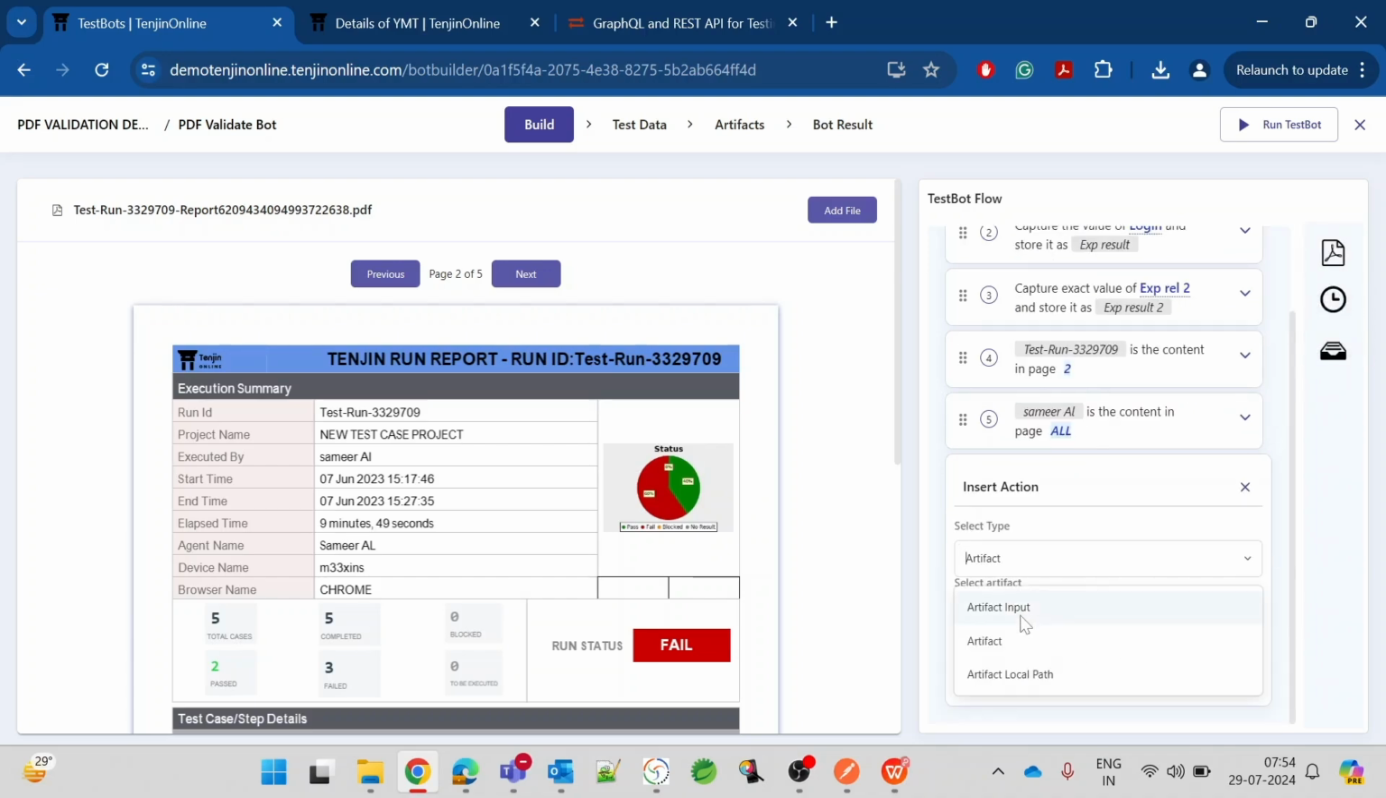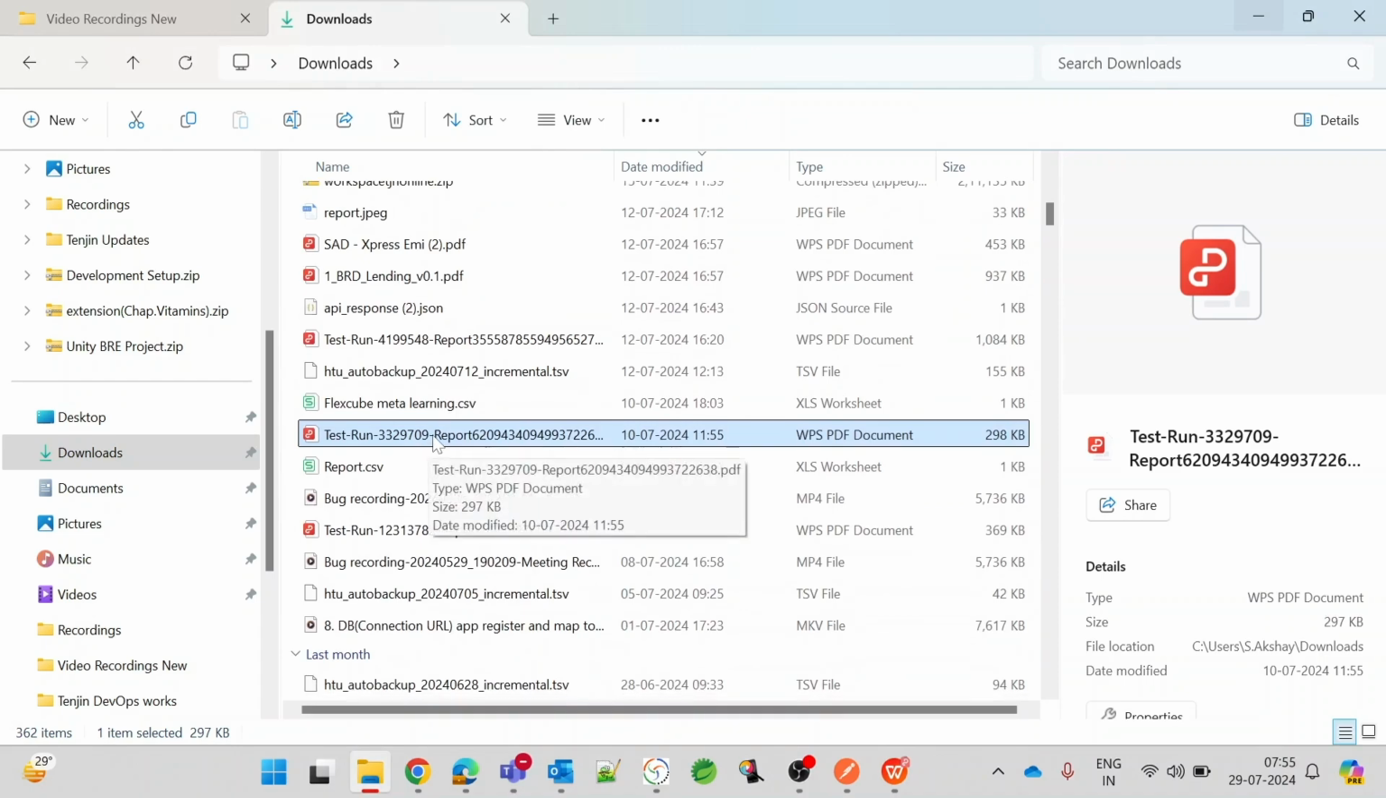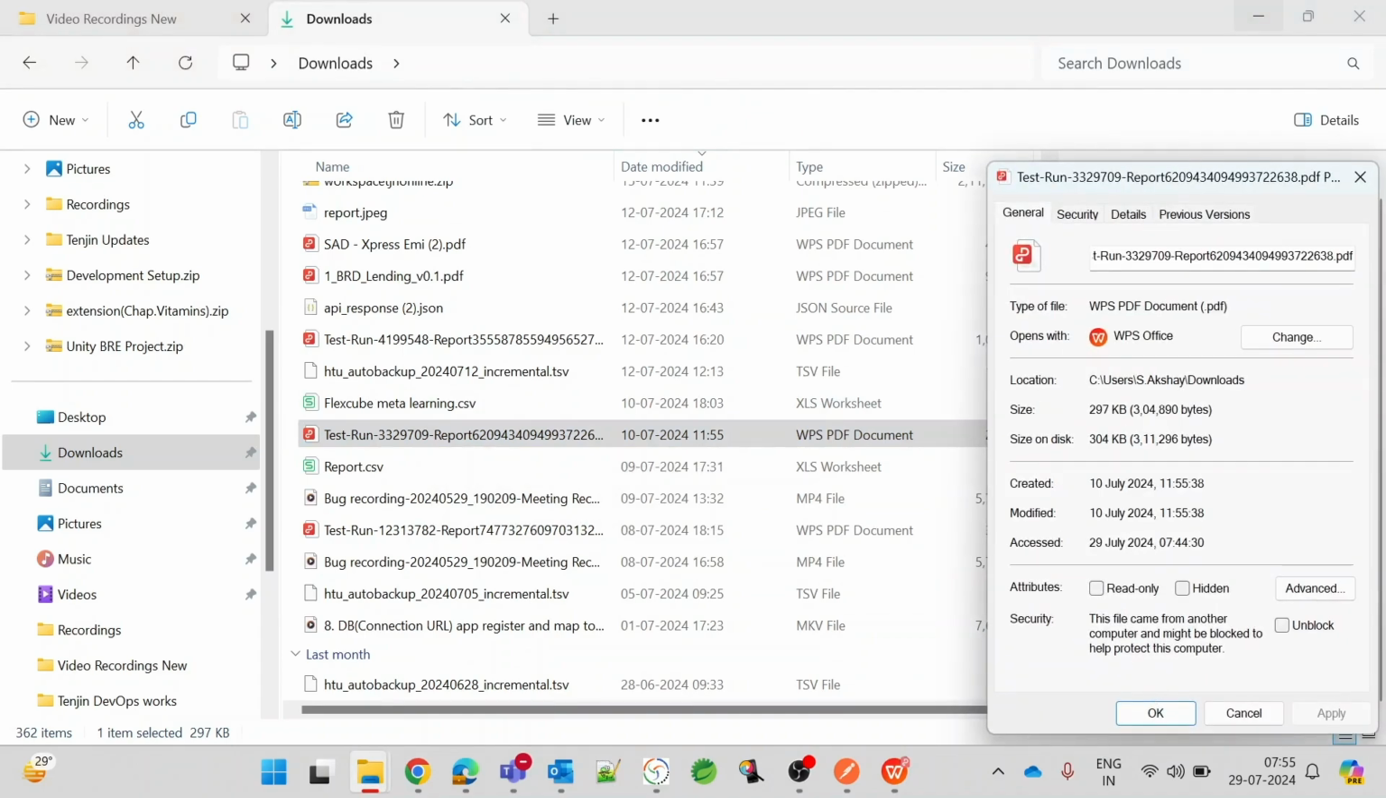The source PDF file I'll give as artifact local path, and I will update the path of the PDF here. So for that I'll go here. This was the PDF that I took. For this PDF I'll come to the properties and copy its path